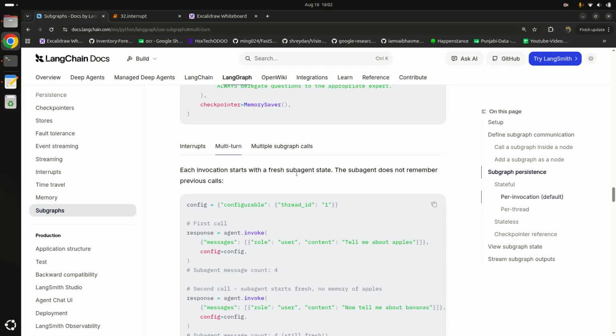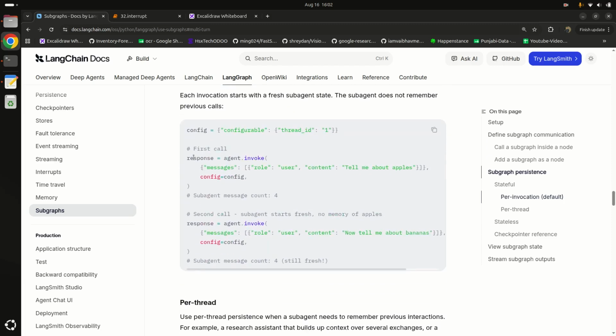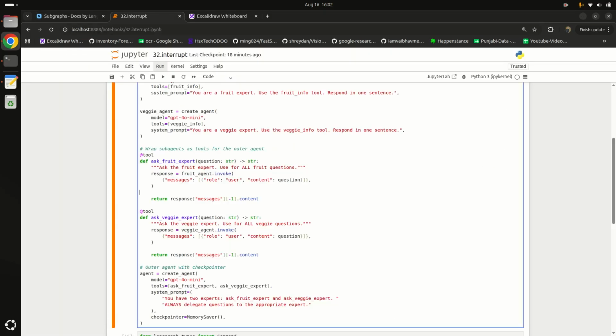Each invocation starts with a fresh subagent state. The subagent does not remember the previous calls. So when we invoke our agent the first time, its subagent message count will be 4, and when we invoke our subagent a second time, its subagent message count will still be 4. To check that, I will simply copy the line of code and paste here.